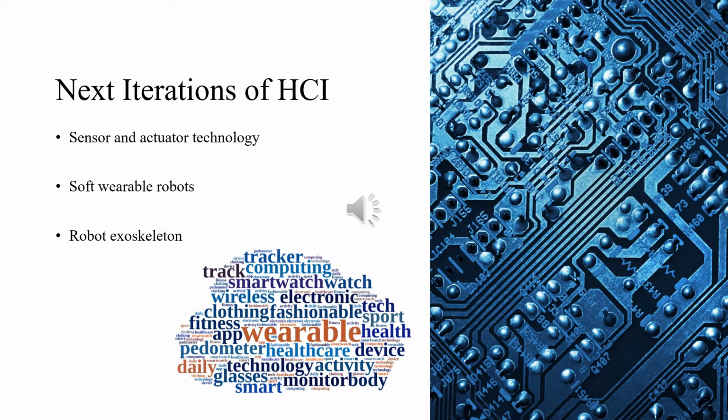And that kind of goes along a little bit with soft wearable robots, and this could just be some type of partial suit or some type of small electronic device that maybe they have on their arm, hand, wrist, leg, something along those lines, but just something that can really help with daily activities and walking. We're seeing that stuff come around now, but I think we'll see a lot more of that as the future goes.